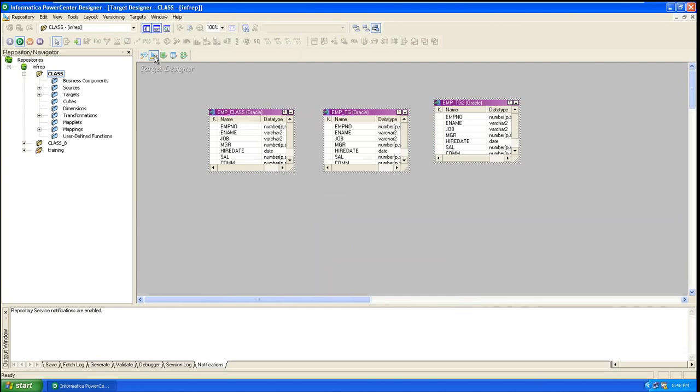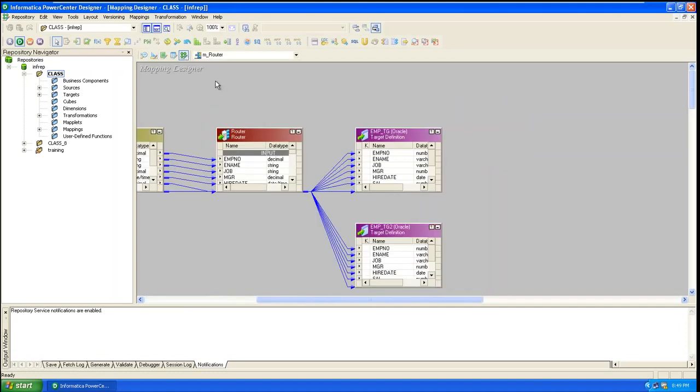We have to create a target structure here, just the structure, not the data. Okay, remember this. We are just creating structures here, that's it. In the designer, we are just creating a structure of how the data is flowing from source to target. So this is the mapping designer. Here we will create the mapping data flow.